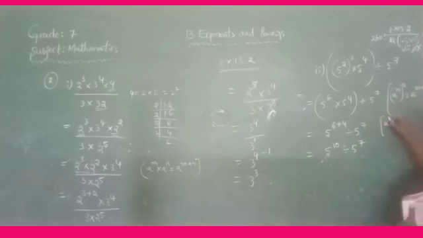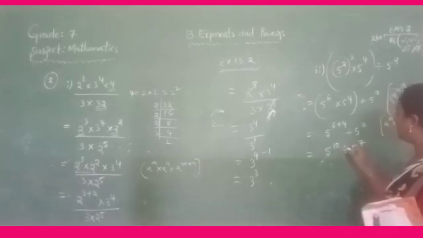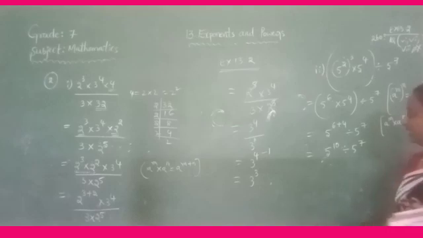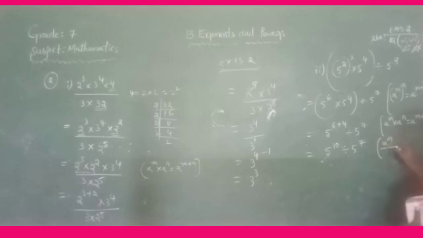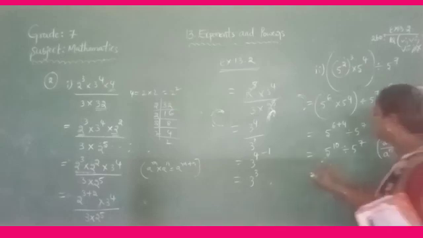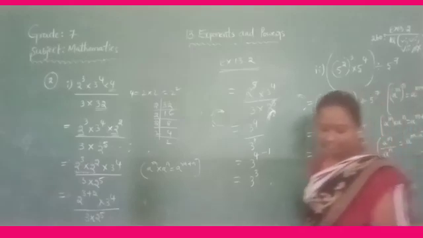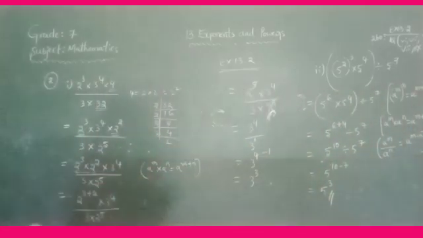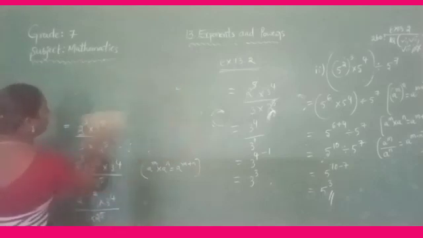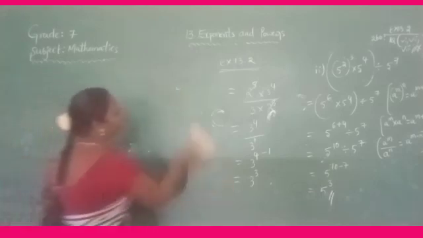Here which law used here? a to the power of m into a to the power of n is equal to a to the power of m plus n. Here see 5 to the power of 10 divided by 5 to the power of 7. The division, bases same, exponents different. So we have to subtract the exponents. a to the power of m divided by a to the power of n is a to the power of m minus n. 5 to the power of 10 minus 7 is nothing but 10 minus 7 is 3, 5 cube. Is it clear, children? So whenever you are solving all these problems, use the laws of exponents. Remember all these laws.